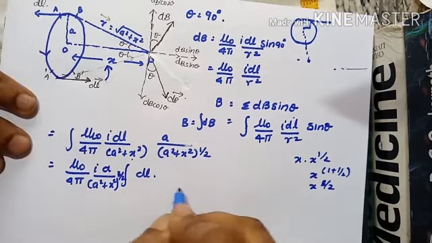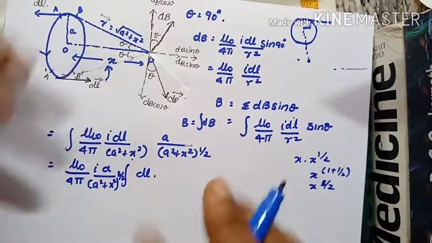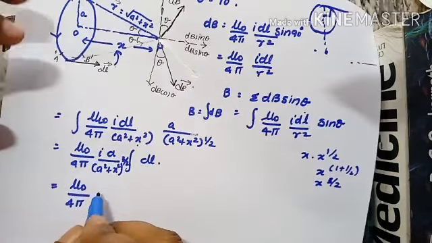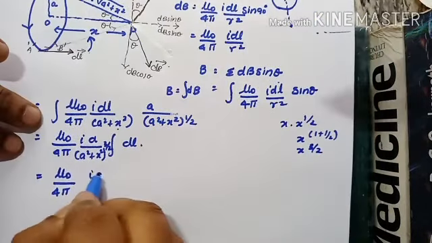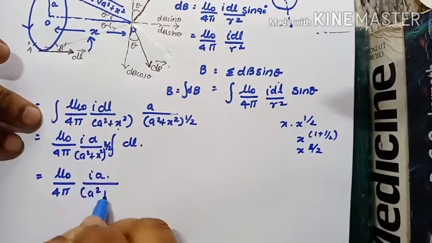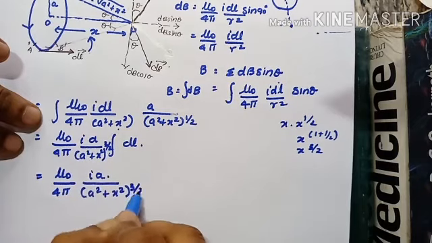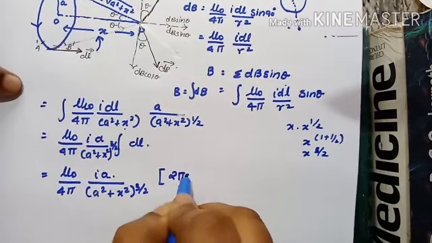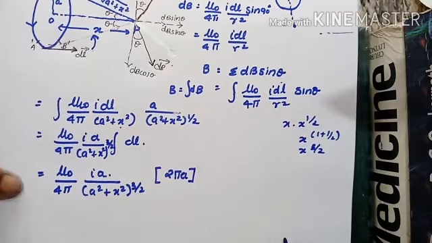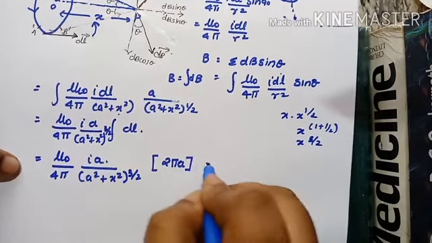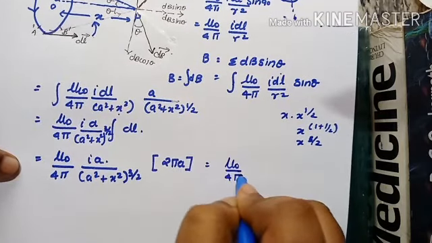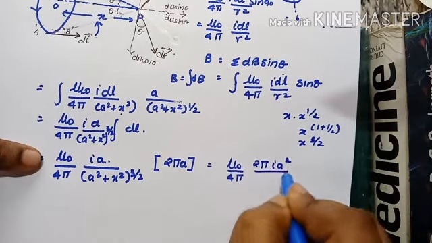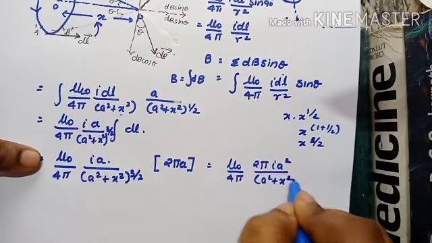So I'm going to just write this section in, okay, I'll write here. It's mu 0 by 4 pi, right? It is I into a square plus x square raised to 3 by 2. What is the entire circumference? It becomes 2 pi a, right? Clear? Now I can write this one as mu 0 by 4 pi 2 pi, I will write here I a squared by a squared plus x squared raised to 3 by 2,